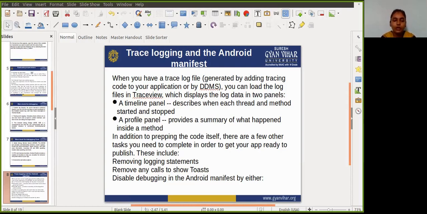You can configure build types in the module level build.gradle file, inside the android block. When you create a new module, Android Studio automatically creates a debug and release build type for you.